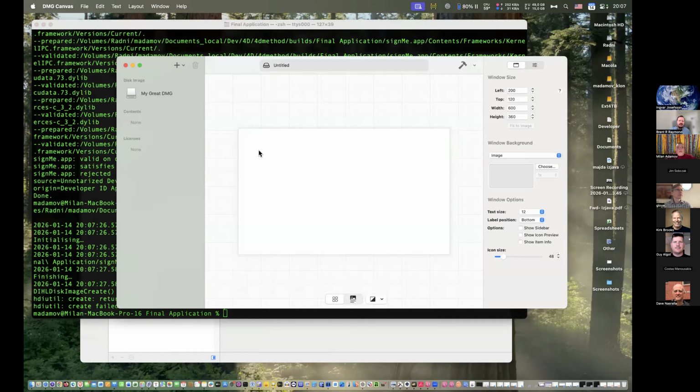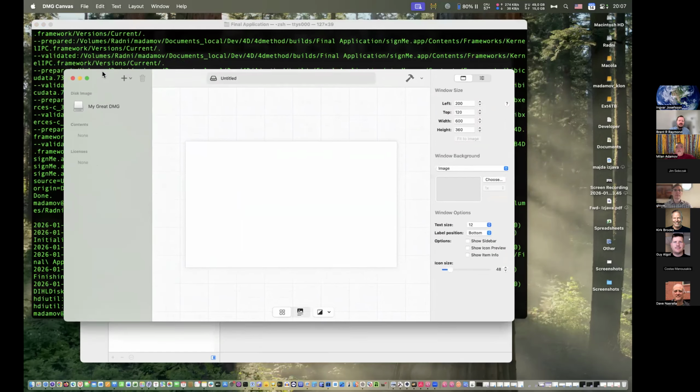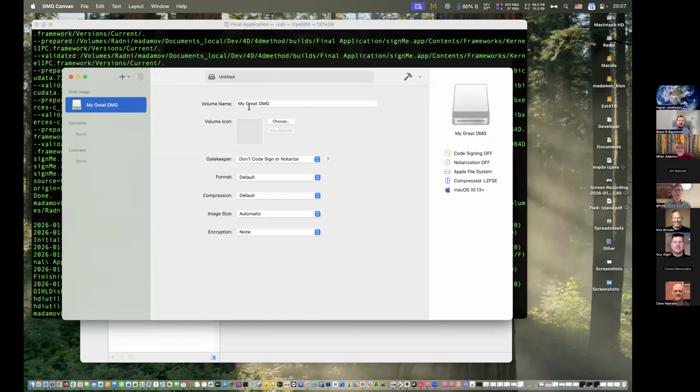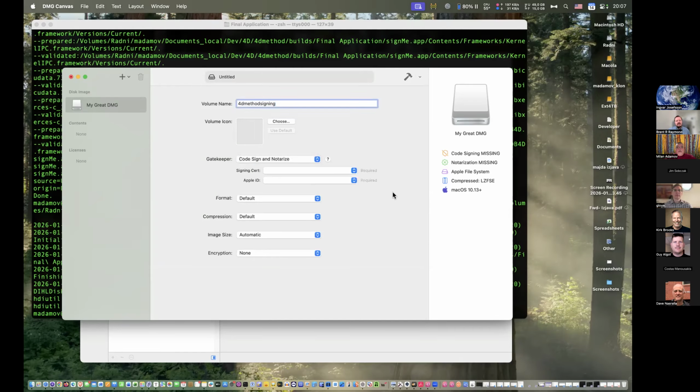There it is. So this is the new project in DMG Canvas. Let's name this 4DMethod signing. Let's say code sign and notarize. Which certificate? This one. It reads from the keychain.